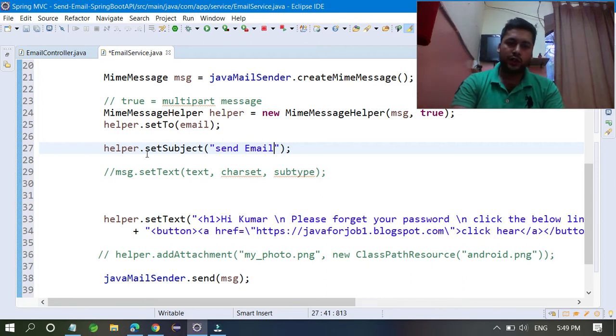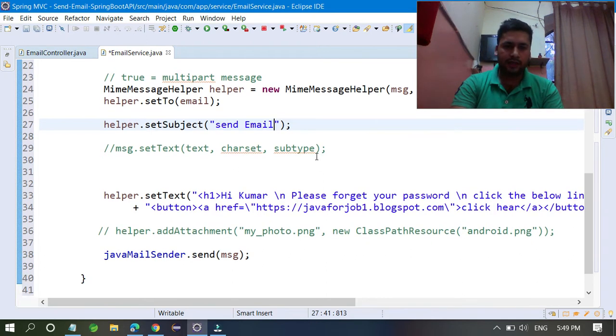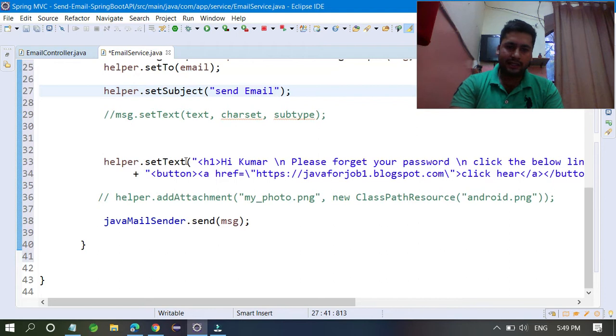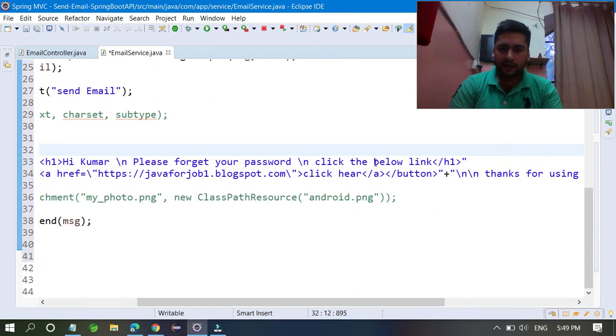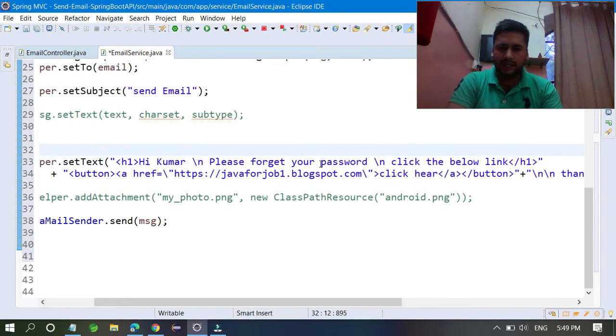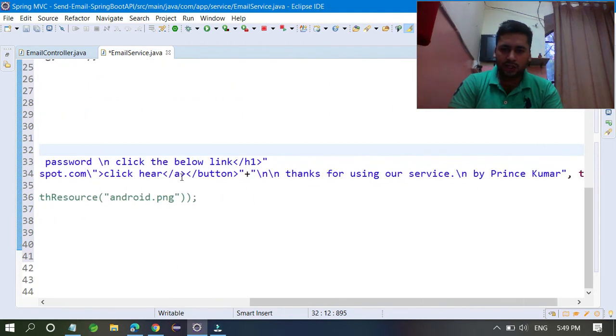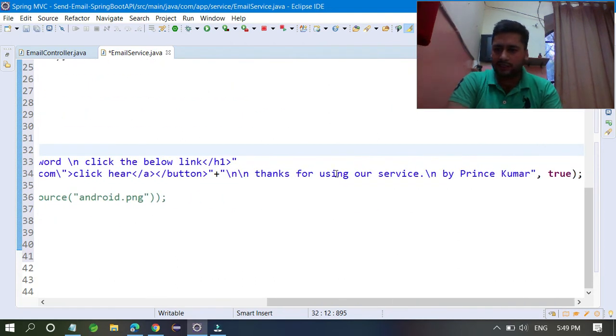So you set the subject, and if you want to send text, it is a normal text. helper.setText, I have written something like H1, Hi Prince Kumar, please reset your password, and this is a link, and this is a button with href blogpost.com, thank you for using this service, that's it. And you have to make sure you pass true.